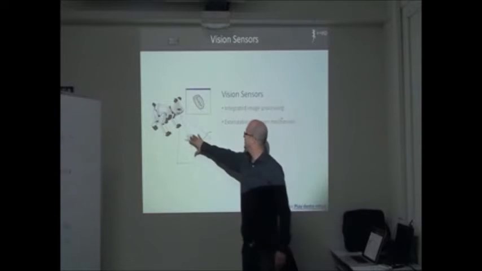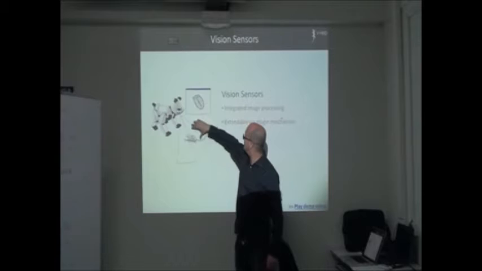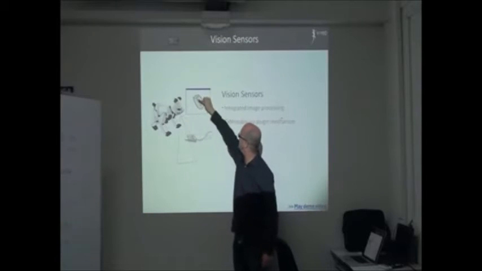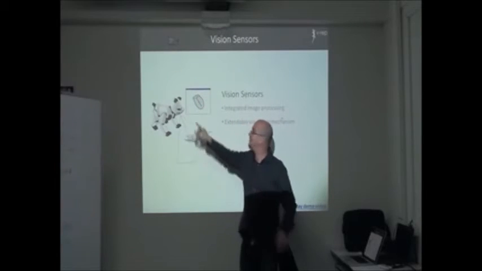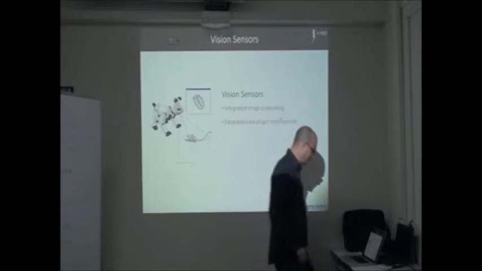So the vision sensor allows you to make some filtering on it. Like you will be detecting the shape and where the center of the image is, the center of the shape is, and have an estimate of the size. For instance,